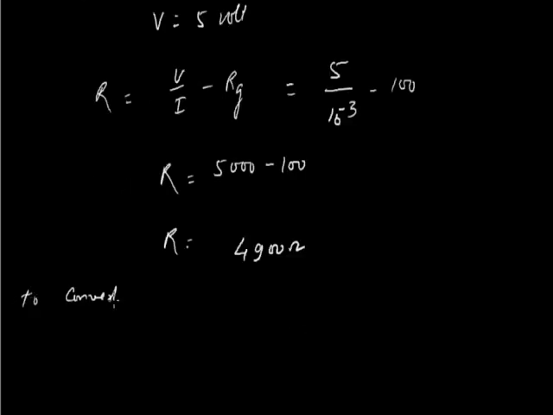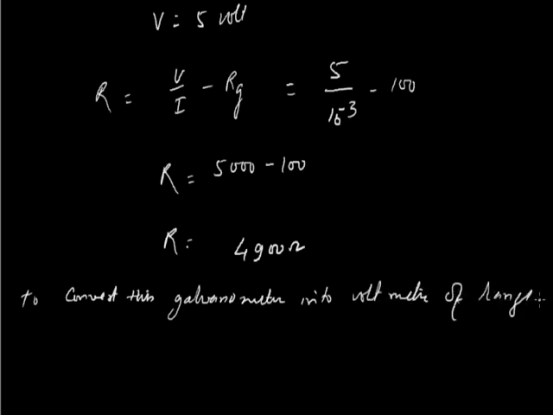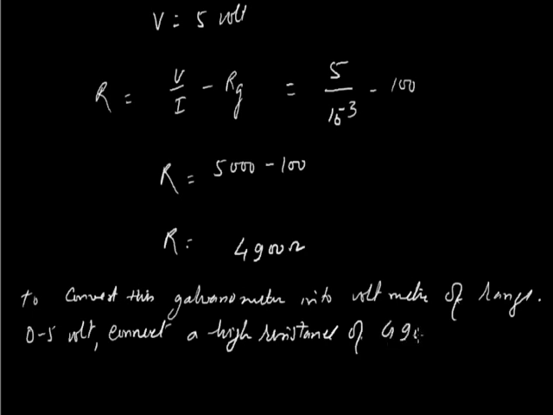To convert this galvanometer into a voltmeter of range 0 to 5 volt, connect a high resistance of 4900 ohm in series